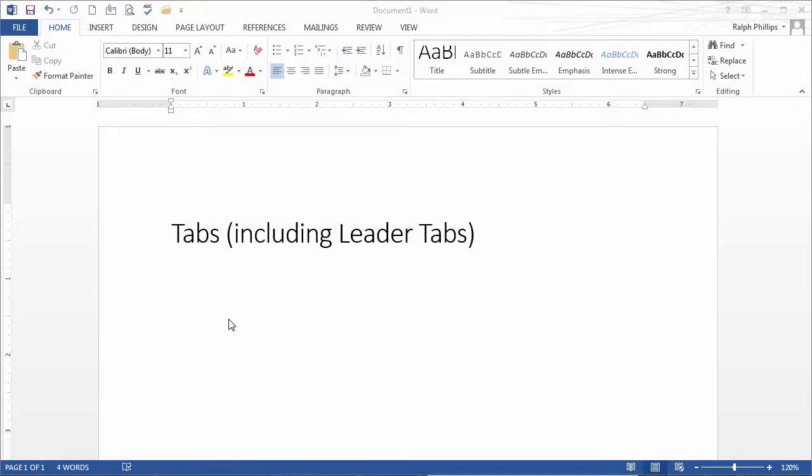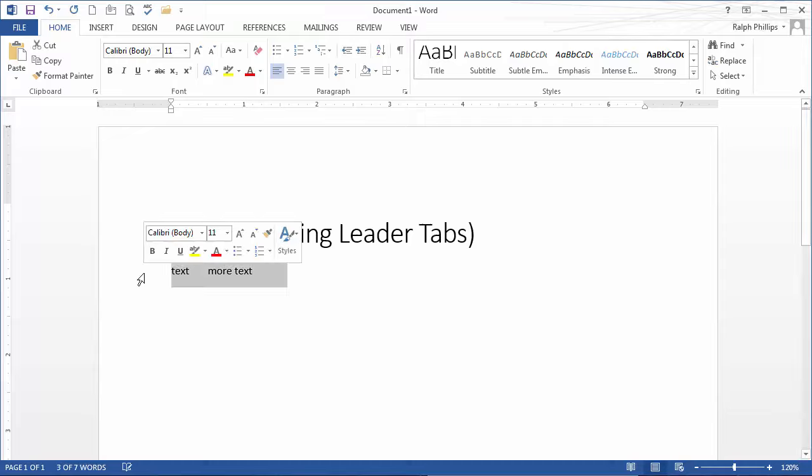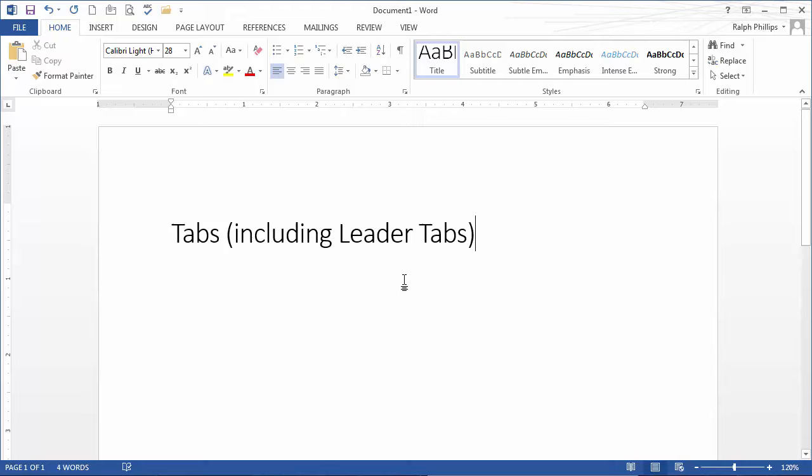Okay, so tabs, for the most part, you might think, oh, what's the big deal? You type in some text, you press the tab key, and the cursor jumps to the half-inch mark, more text, and jumps to the next nearest half-inch mark. Those are default tabs in Word, and those are pretty easy to deal with, but let's go with some custom